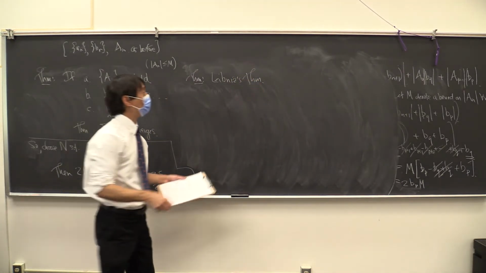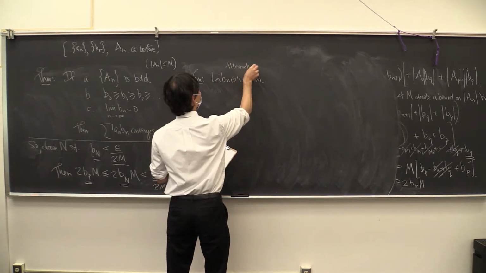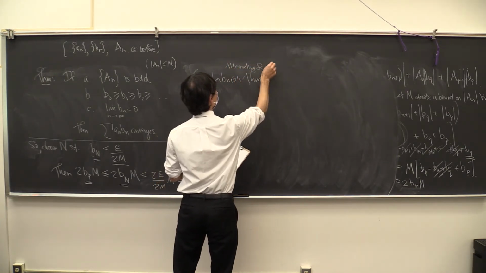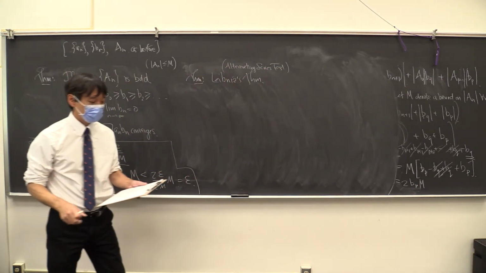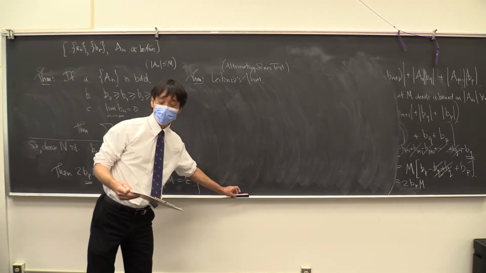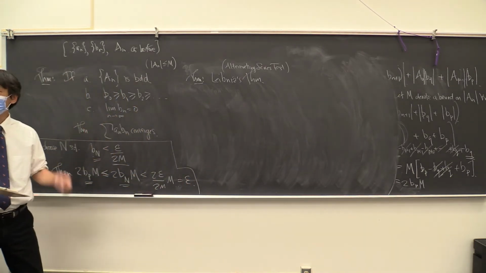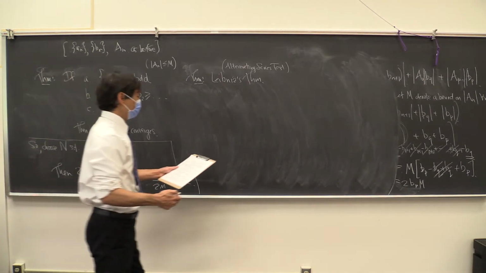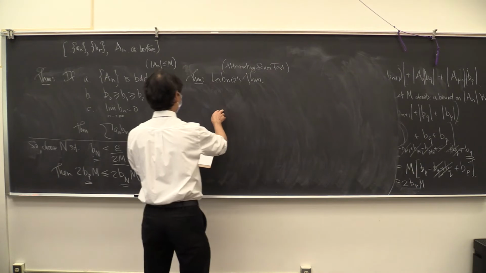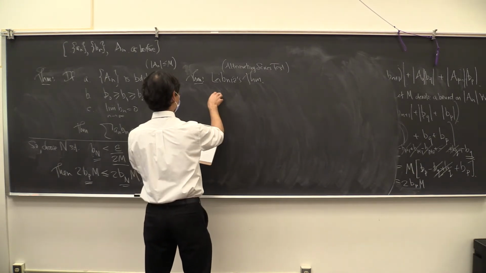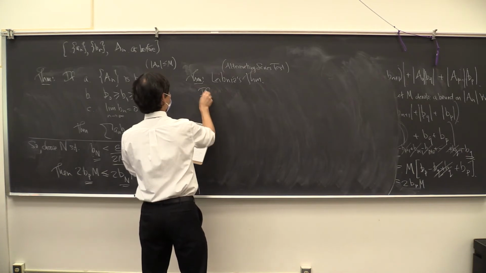This is the so-called alternating series test. Yes, you can prove this in other ways, but we've got this powerful tool, and we're just going to use it to get a bunch of results. So you probably know Leibniz's theorem. It goes like this: